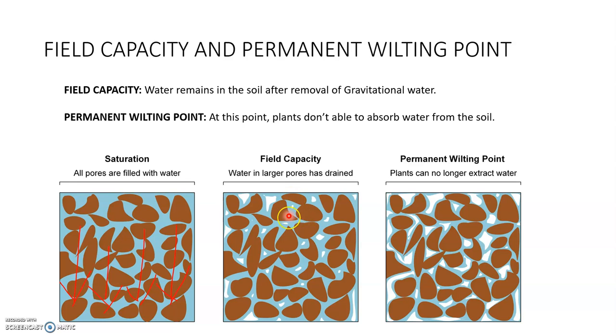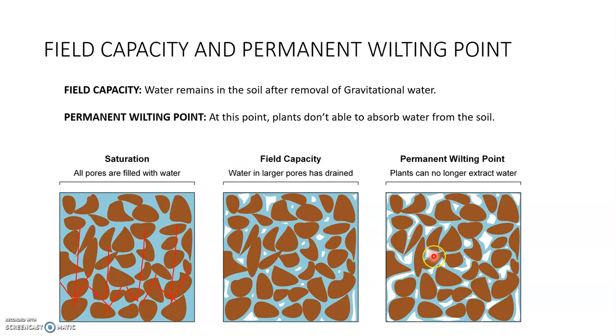After the water gets evaporated or used by the plants, the soil moisture will be depleted over the days. Once it reaches the permanent wilting point, this is the point where the plant is not able to extract any water from the soil. Even though it has some water, it is attracted to the solid surfaces very strongly, so the plant will not be able to absorb it. So we need to irrigate again up to this level. If we irrigate again to this level, then the plant can absorb water. So we should not allow the water to deplete up to the permanent wilting point.